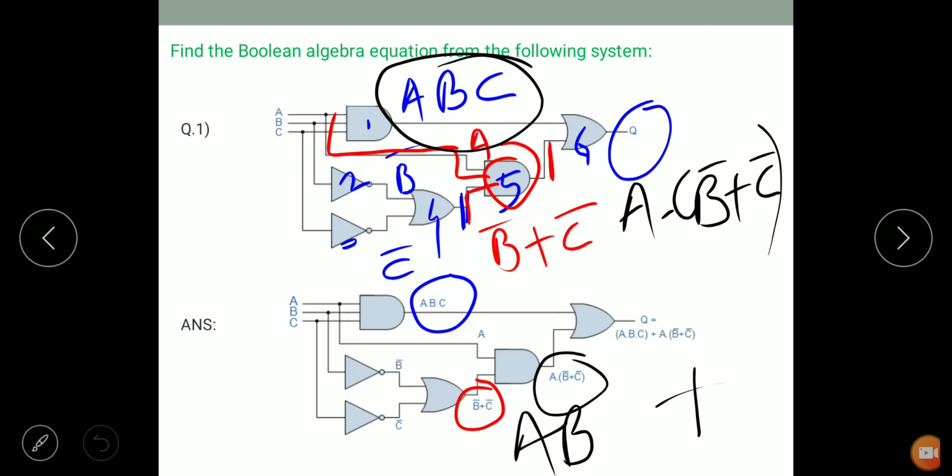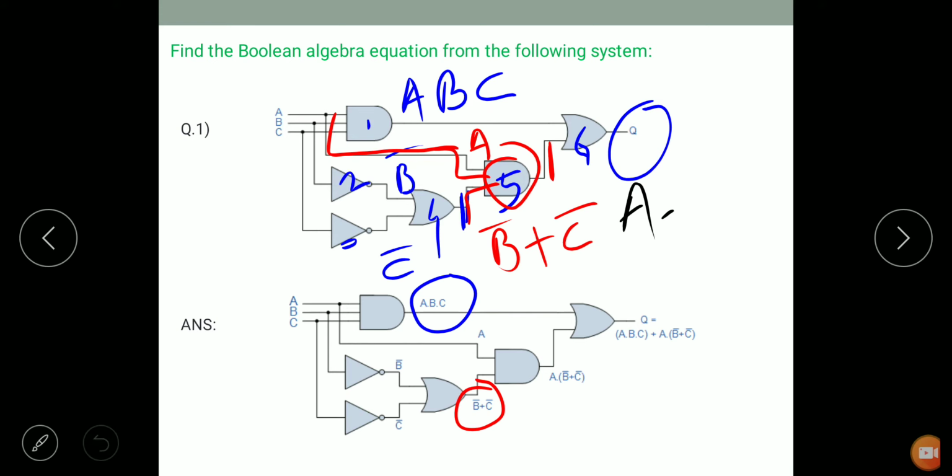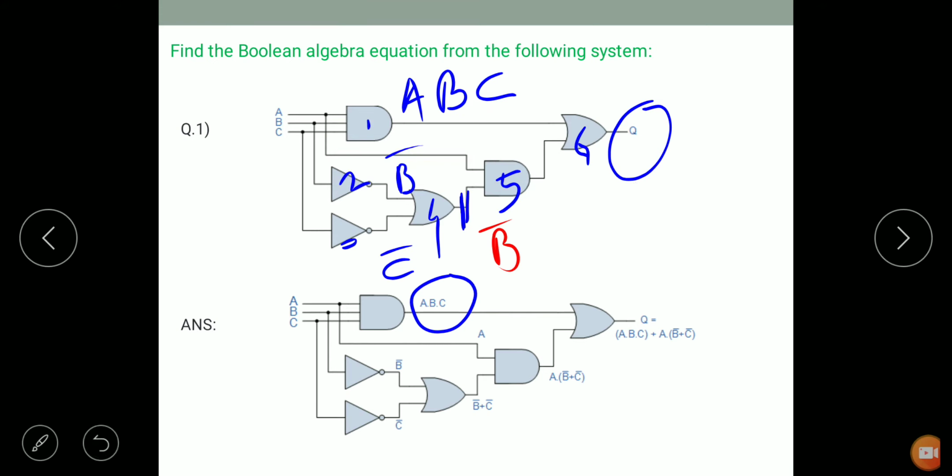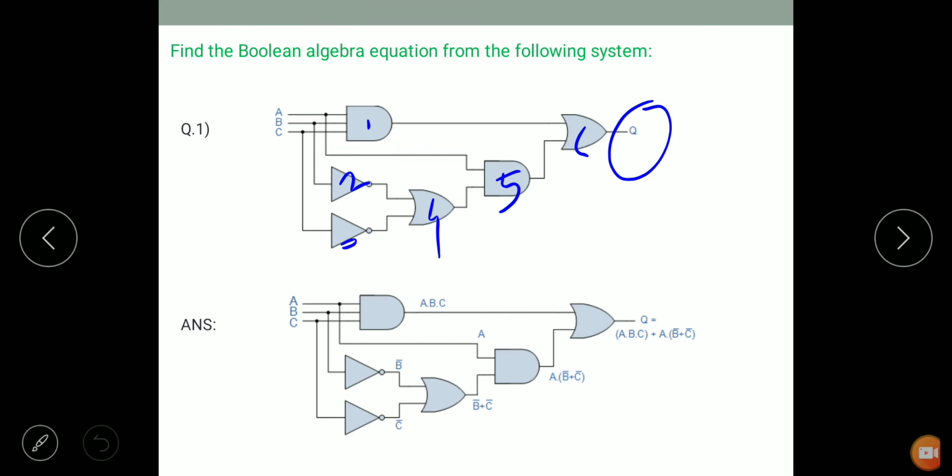If we see one time again. Okay, first we have to see what is the output for this NAND gate, AND gate. Okay, this is the AND gate, and the AND gate shows the multiplication. So there are 3 variables to the AND gate. So here A, then B and C. This is the output for this, and this output becomes the input for the last gate.